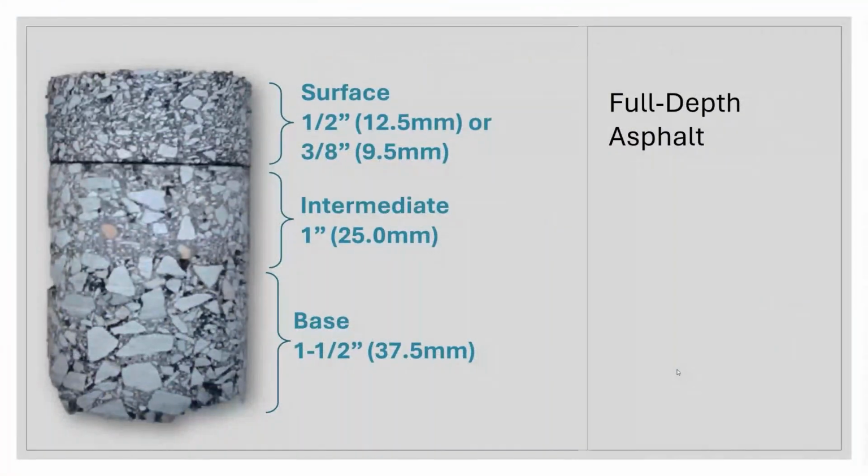We can also design with full depth asphalt, and that would mean that we have different layers. So maybe instead of a crushed stone base, we have an asphalt base. In Arkansas, we use 1.5 inches or 37.5 millimeter asphalt mix. A lot of states will use a 25 for their base. Arkansas uses an intermediate course that's a 1 inch top size aggregate or 25 millimeter design. A lot of states will use a 19 millimeter. And then our surfaces are either 1/2 inch or 3/8 inch. So the closer you get to the surface, the smaller the aggregate particles are. It's a smoother surface for that traveled way.